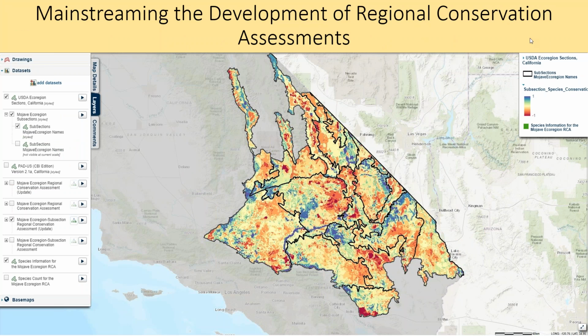Okay, so ultimately what we're doing, and this slide sort of shows that, is that we are working to refine a method to identify conservation values on an ecoregional scale, across the state, and provide tools and important contextual information that will allow people to use this to advance their own objectives.